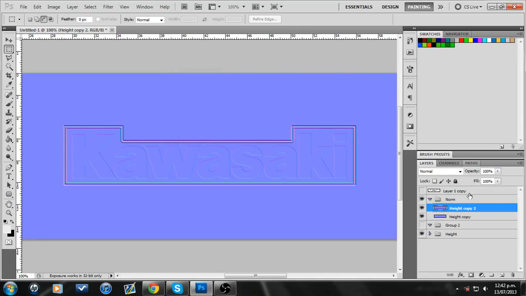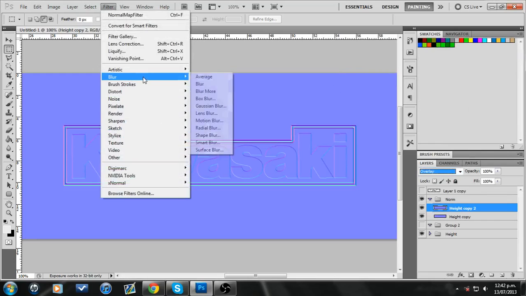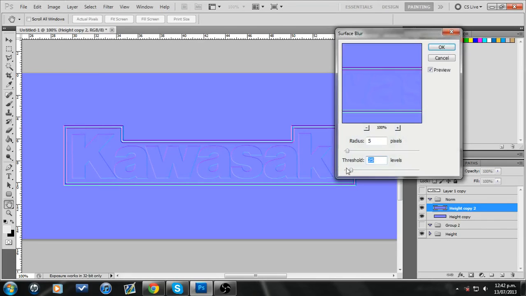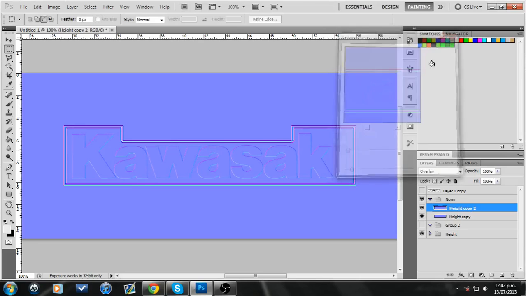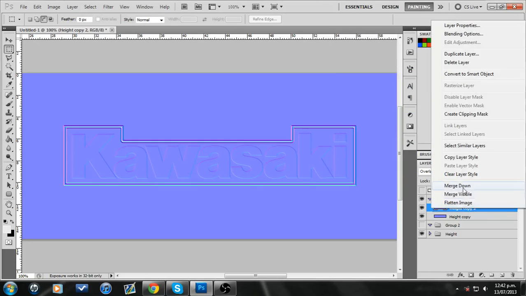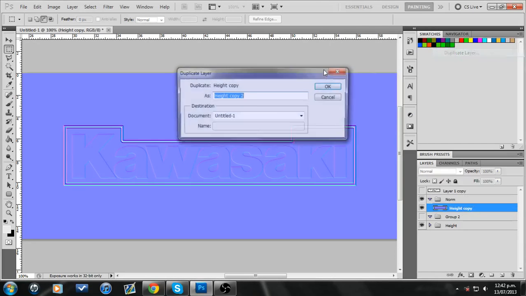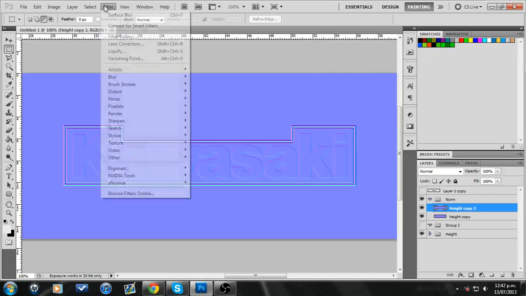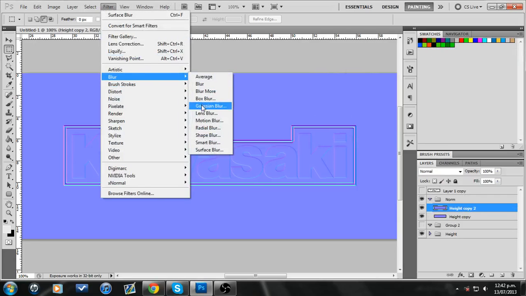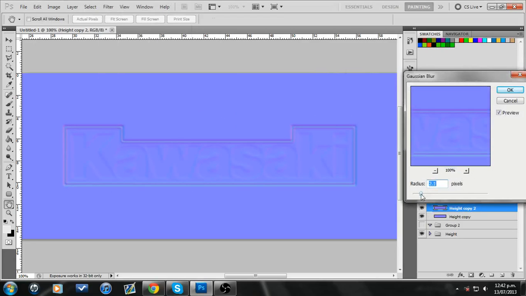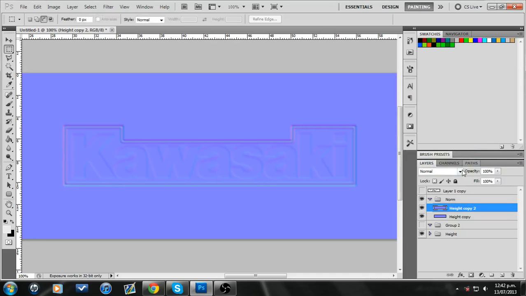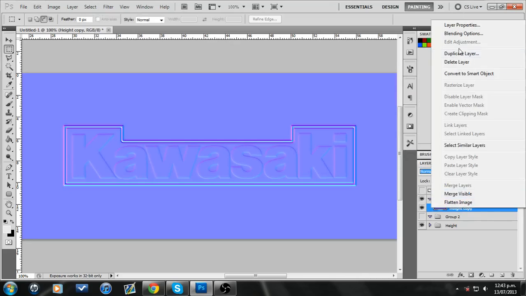So we're going to duplicate this layer, set it to overlay, and we're going to go filter, blur, surface blur, and we are going to just blur it a little bit. Yep, and that'll make it pop a little bit. Just make it pop just a little bit, and then we'll go filter, blur, Gaussian blur, or whatever you want to call it, and we'll set that at 2. Overlay that, merge it down,